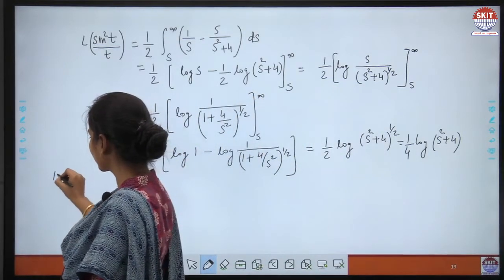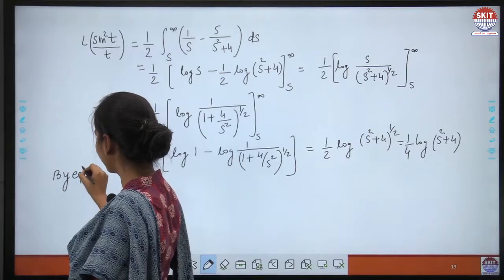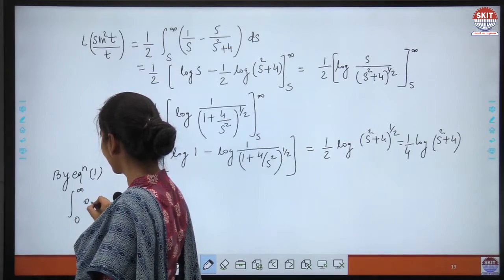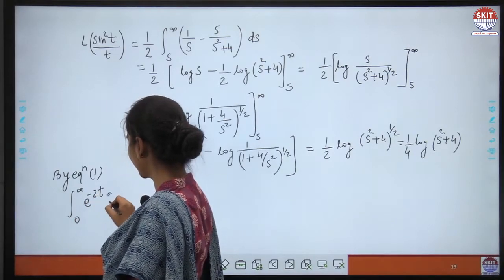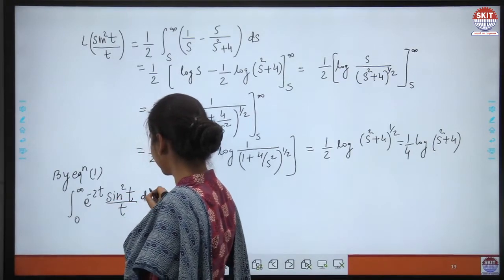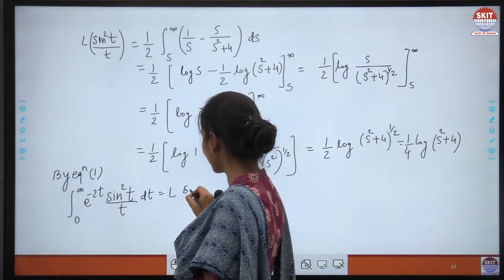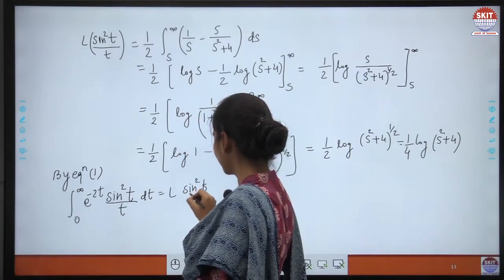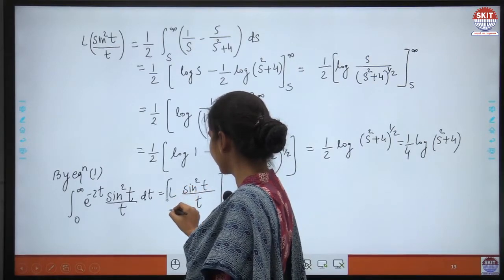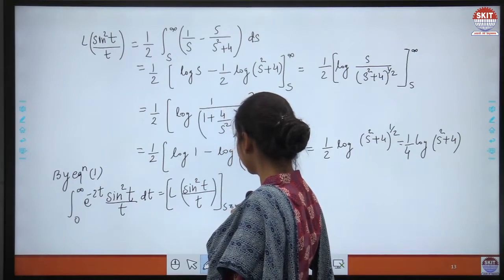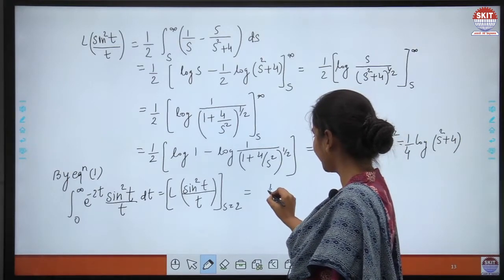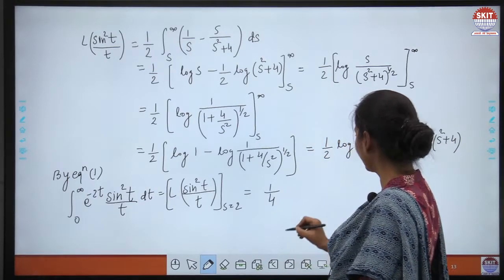Now by equation 1, which we have discussed earlier, what do I need to calculate? I need the integral 0 to infinity e to the power minus 2t sine square t by t dt, and that was equal to Laplace of sine square t by t, and I have to replace s with 2 in it, right? So now this gives me, I have already calculated Laplace, so I write down 1 by 4, then I have